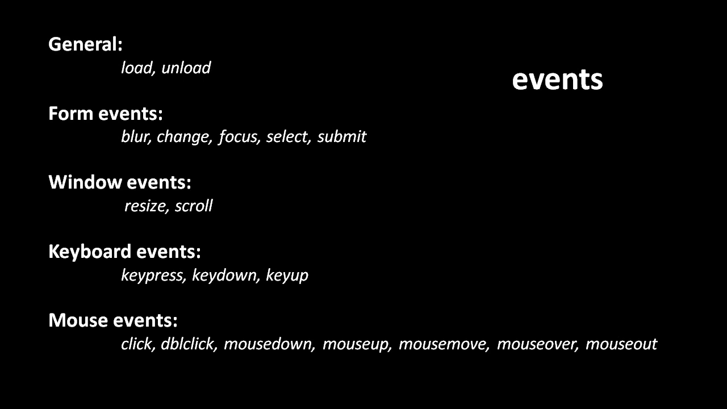Lastly here, but very importantly, we also have mouse events, such as when the user clicks on something, or when they double-click on something, or the mouse down event for when they just press the mouse button down, mouse up for when they release the mouse button up, mouse move just for when they move the mouse over certain elements on the page, and the mouse over event gets triggered on an element when the cursor moves over the element, and the mouse out event is triggered on that element when the cursor leaves the element, goes outside of its